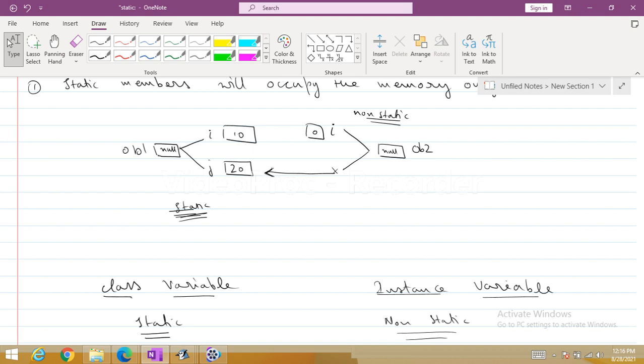The second point of difference will be: class variables are termed as static variables.